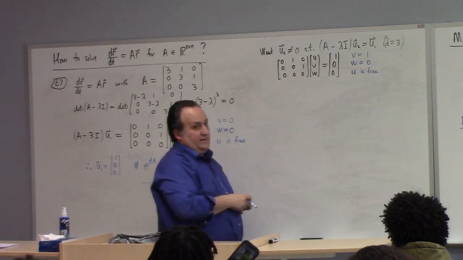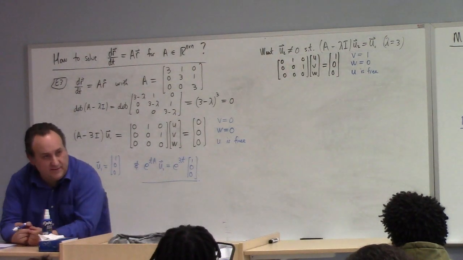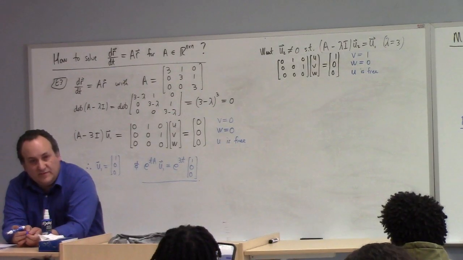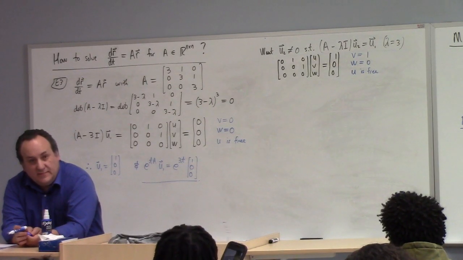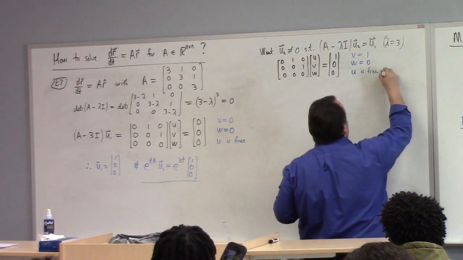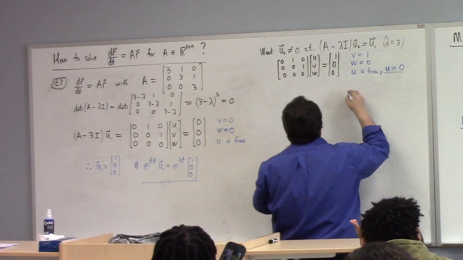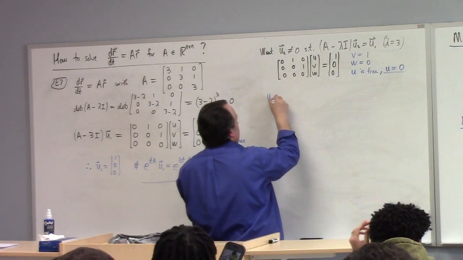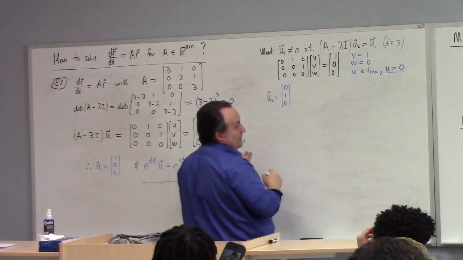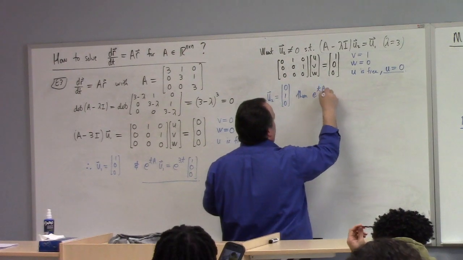However, unlike our previous times, we do have the option to make u equal to 0. Why can I make u equal to 0 here? Why is that a permissible choice? It's still a non-zero solution, right? So that's the difference. We can make u equal to 0, and that would make our answer most nice. So we'll do that. That gives us u2 equal to 0, 1, 0. All right? Then e to the tA times u2